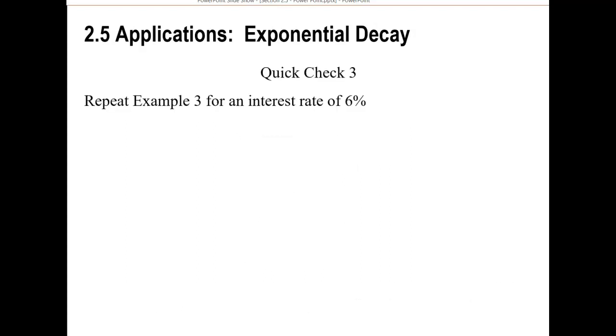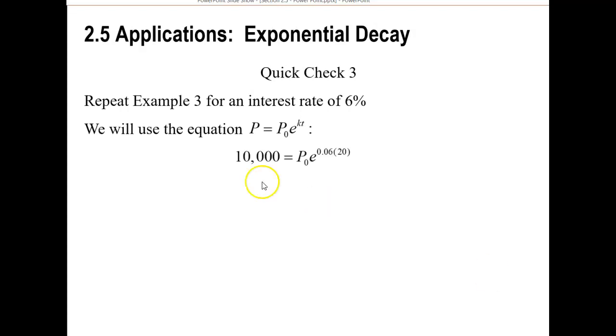All right, so let's repeat that example if the interest rate would be 6%. So again, start with that growth equation for compound interest, knowing that the value we want to have at the end, which is this P, is 10,000. This time we're going to use a 6% interest rate and again 20 years. So 0.06 times 20 is 1.2. Dividing both sides by e to the 1.2